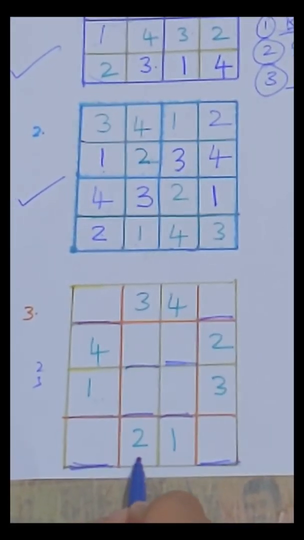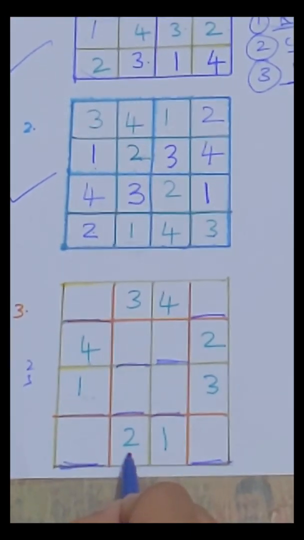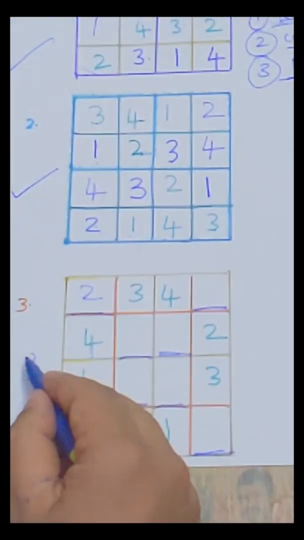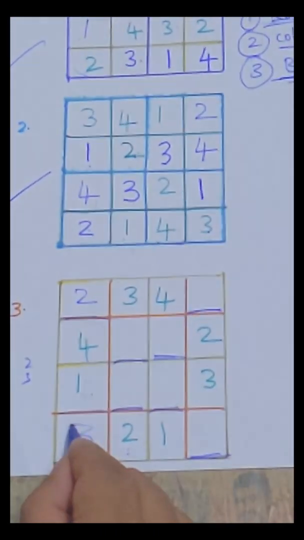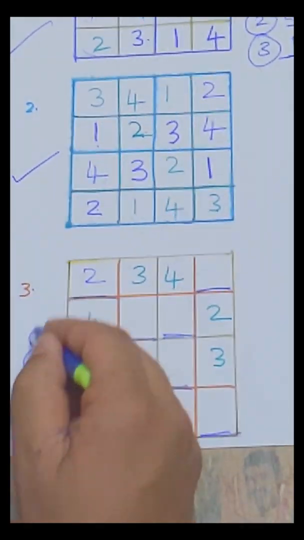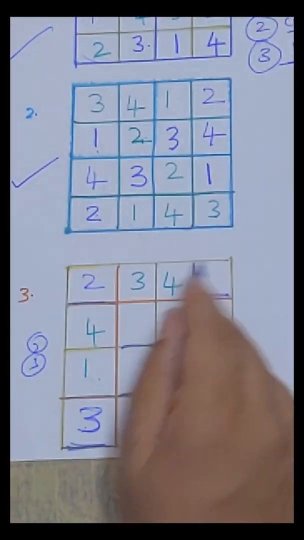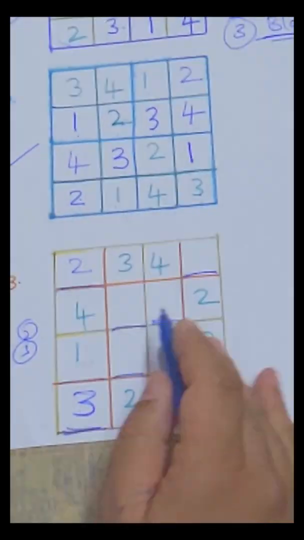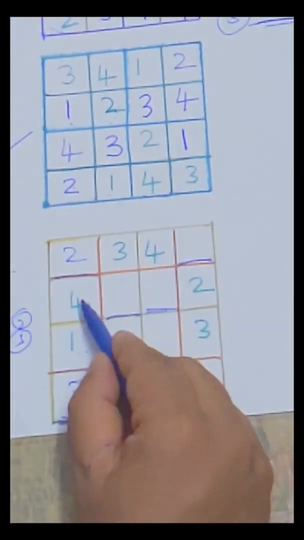No, because 2 is already in this row. So I cannot put 2 here; I should put 2 here. So the remaining one is 3, and I can put 3 here. That's it. This is one way: checking possibilities and checking other rules. So I am using a column rule and a row rule, both combining. Again I will explain as the